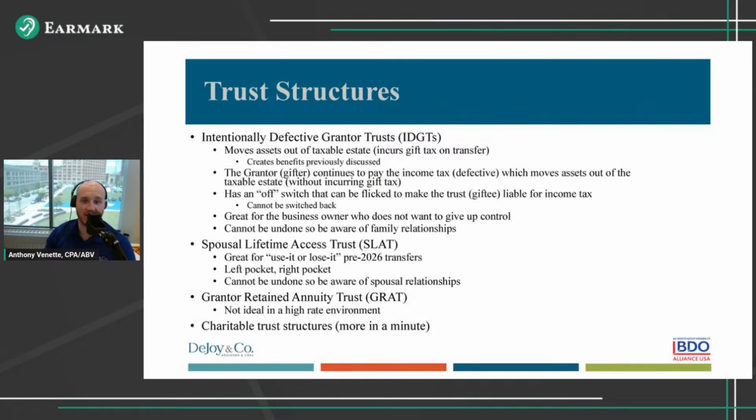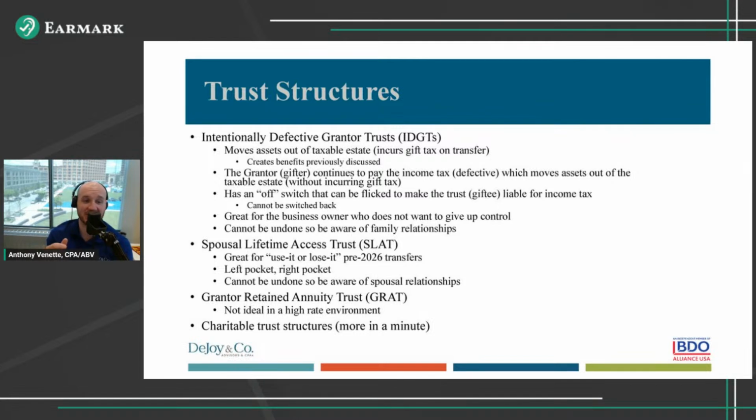trust until they hit the off switch. So think of it this way: if not only are we transferring over our gift, but then we're paying tax, right? So that's moving more cash out of our estate and then accruing benefit to the next generation. All that tax payments would not be subject to our exemption levels, meaning that we can functionally leverage our gift even further than the items I talked about regarding, right, appreciation, minority discounts, et cetera. We're already accruing additional benefit on top of that, right? Really good opportunity for certain individuals.